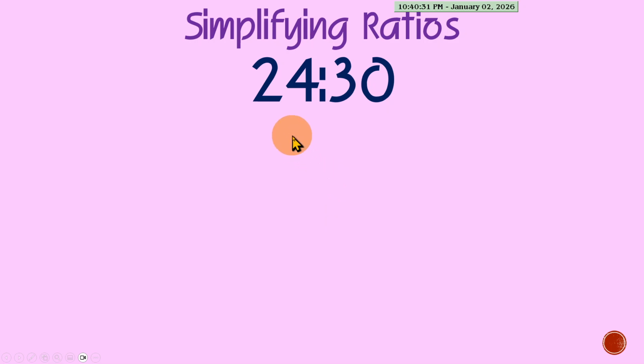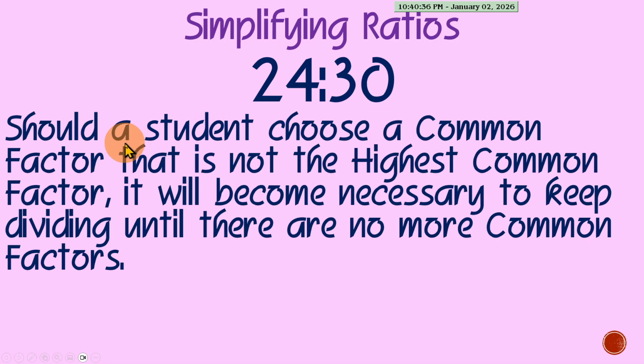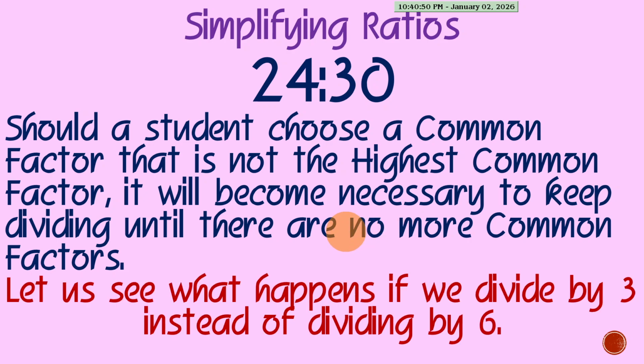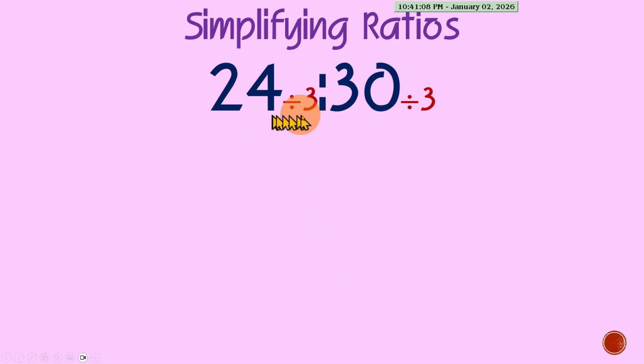So let's say we had a ratio that was larger, 24 to 30. So if you were to choose a common factor that is not the highest common factor, then it will become necessary for you to divide again until there are no more common factors. So let's say you were dividing by 3 and not 6. 6, by the way, is the highest common factor, but 3 is a common factor. So if you're in an exam, you might see the 6 in your head that you should be using 6, and you went and used the 3. So when you divide both of these by 3,